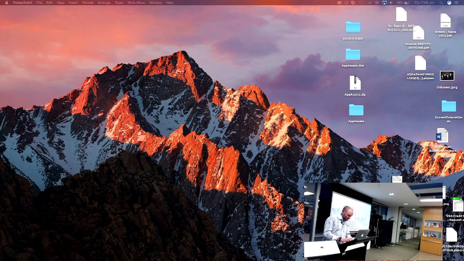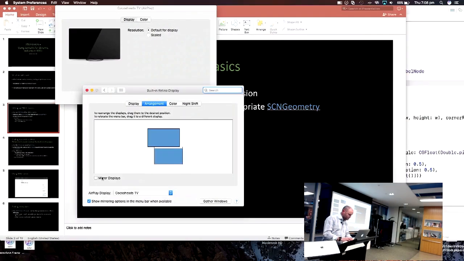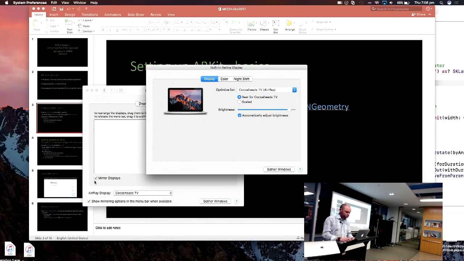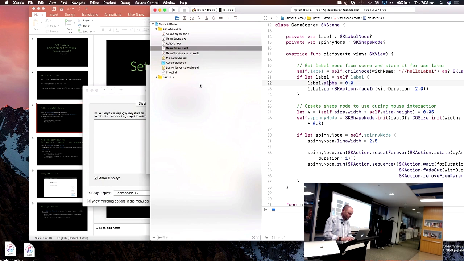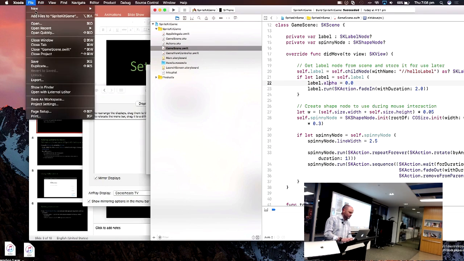Yeah, I want to try and enable mirroring. I don't like this other view. All right, cool. All right, so new